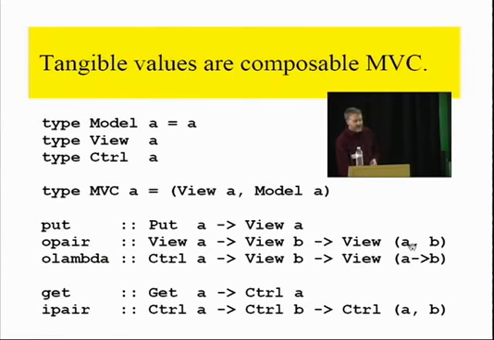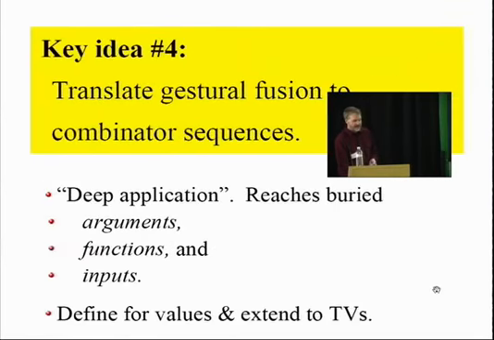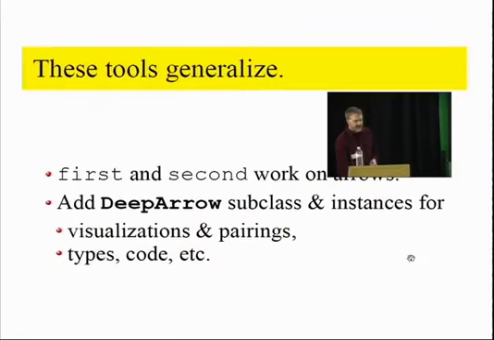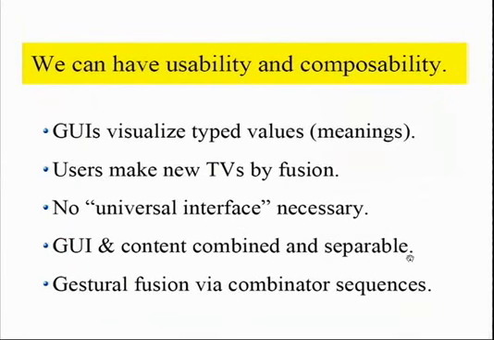A view you can make out of a pair of views, but a function-valued view you can make out of a controller and a view. And similarly, controllers can be atomic, or they can be pairs of controllers. This is another way to dice this. So I think I'm going to skip past the rest, which is very technical, and just get on to the conclusion,